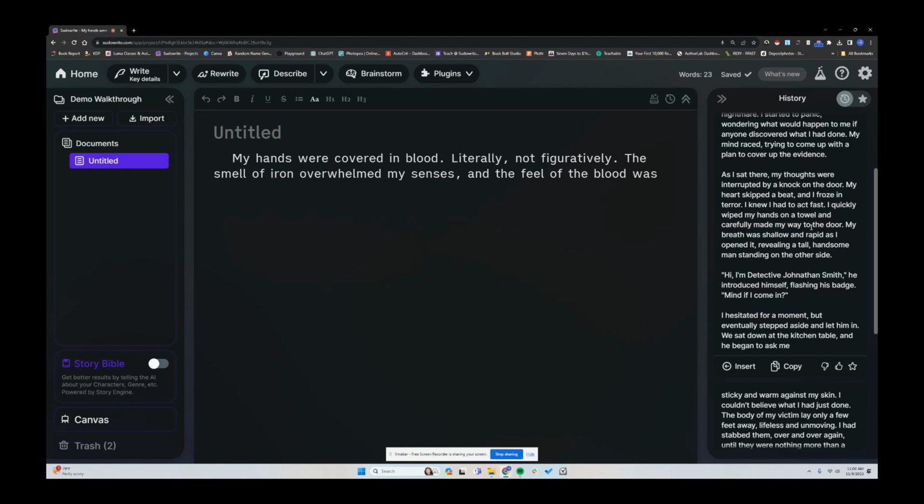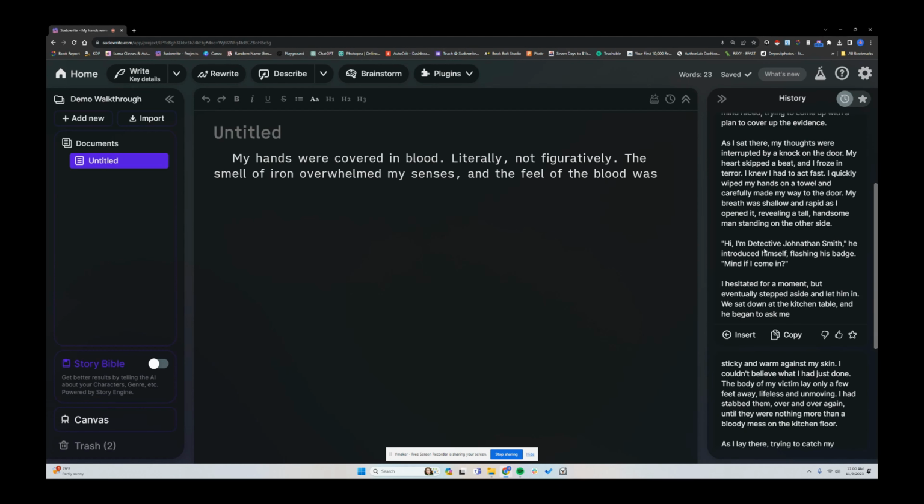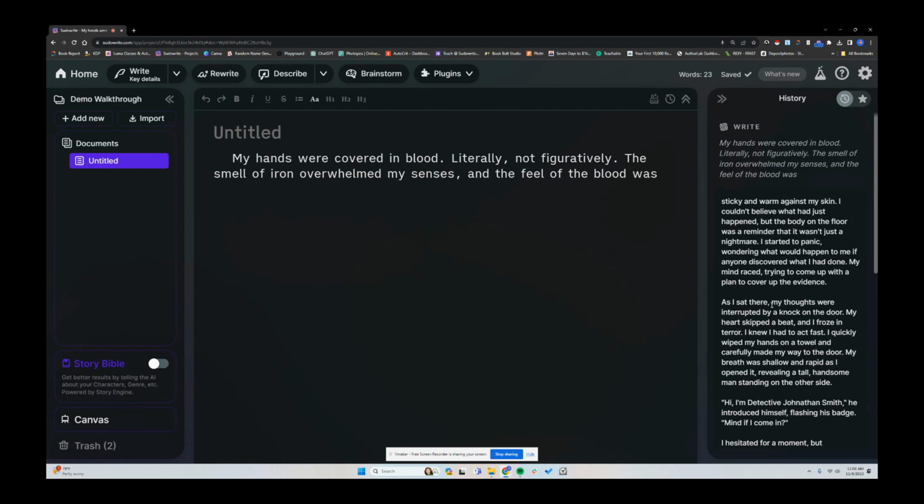So I quickly wiped my hands on a towel and carefully made my way to the door. My breath was shallow and rapid as I opened it, revealing a tall, handsome man standing on the other side. Hi, I'm Detective Jonathan Smith, he introduced himself, flashing his badge. Mind if I come in? I hesitated for a moment, but eventually stepped aside and let him in. He sat down at the kitchen table and he began to ask me,